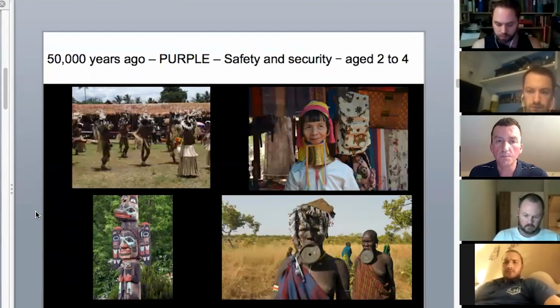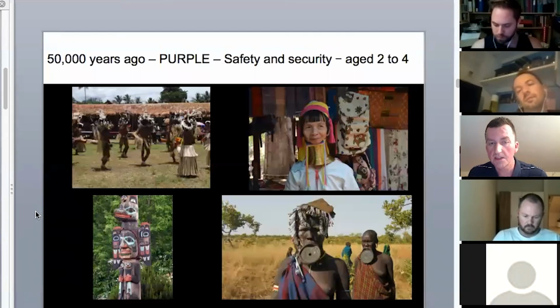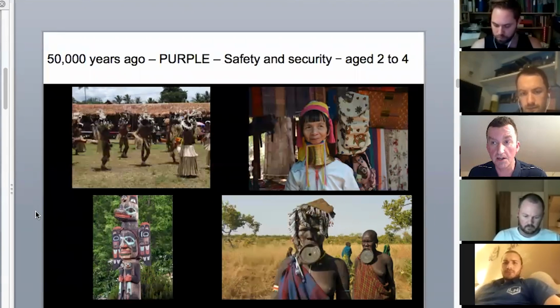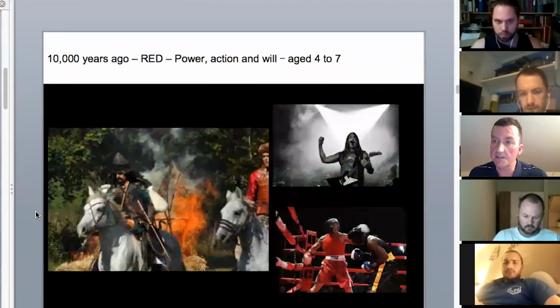And what the elders do at this sort of level is that if that sort of thing happens, they'll say, actually, we need to do more ritual to placate the spirits. And eventually what happens at this level is that some, usually men, come out of that level and say, actually, the more ritual isn't feeding us, we're starving, and what we're going to do is go down river to that other tribe, and we're going to take their food, and we're going to go to war with them. And so you get the emergence 10,000 years ago of the red level of spiral dynamics,